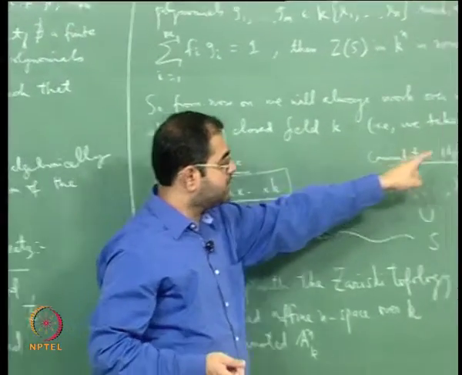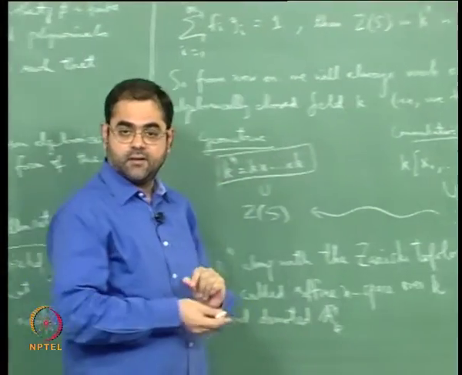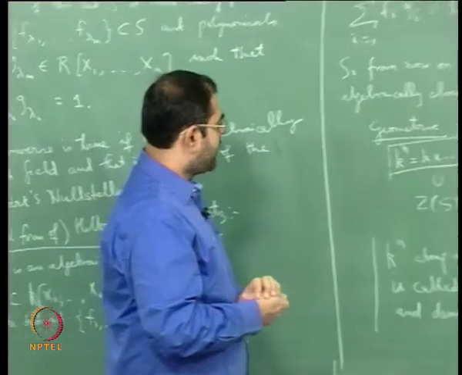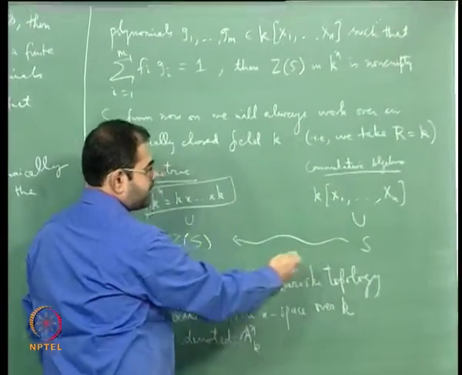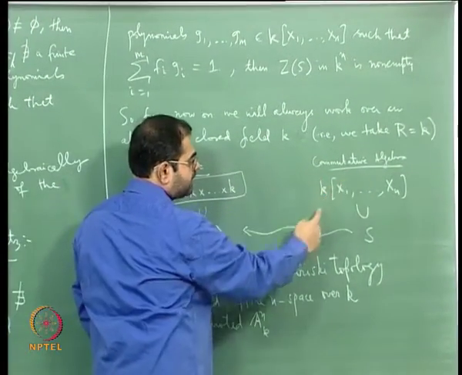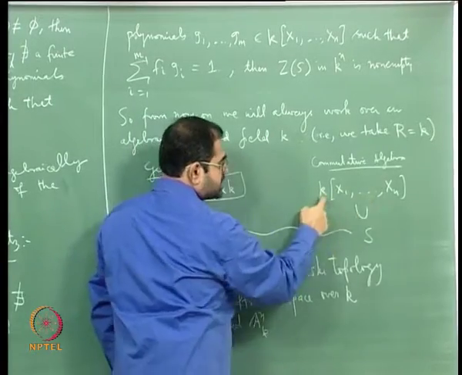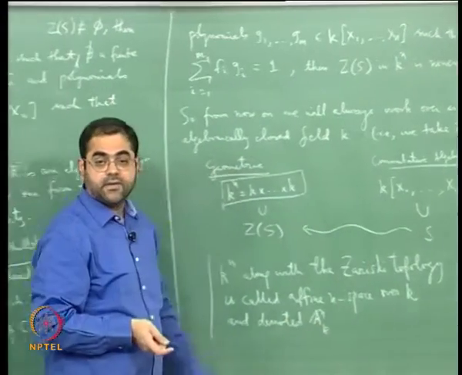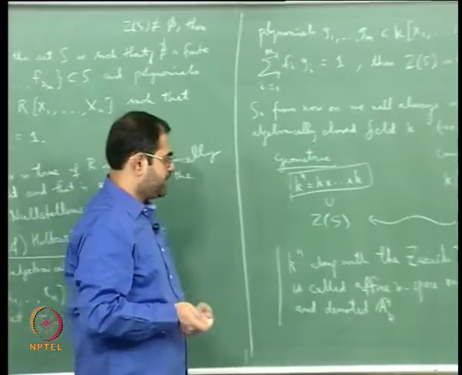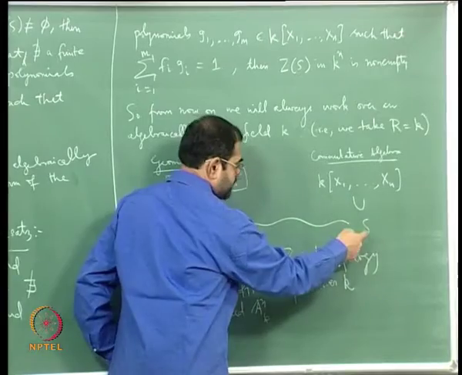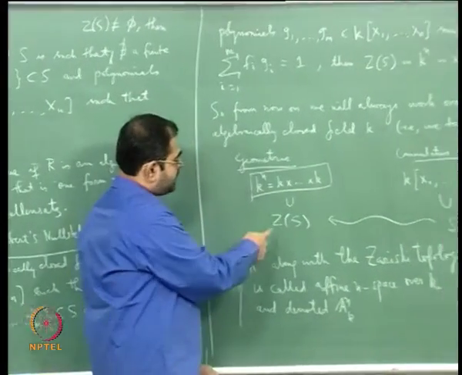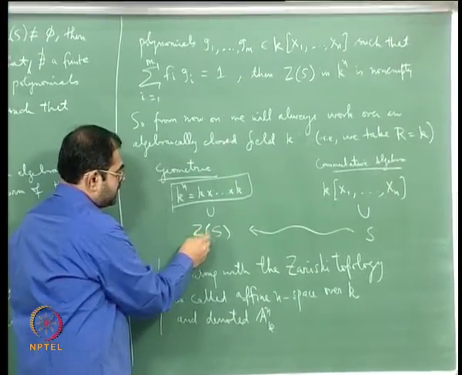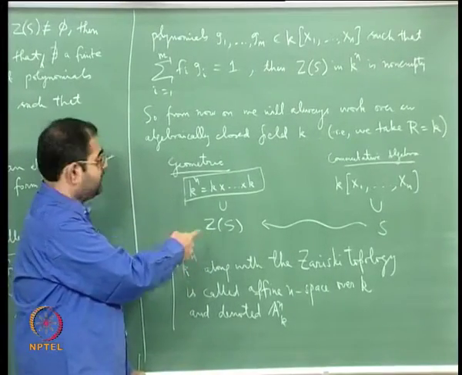We take R to be K, where K is an algebraically closed field. On the commutative algebraic side we have the polynomial ring in n variables over K, and we take a subset of that ring, which means we take a bunch of polynomials